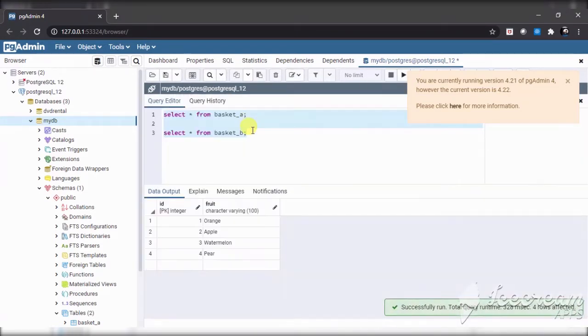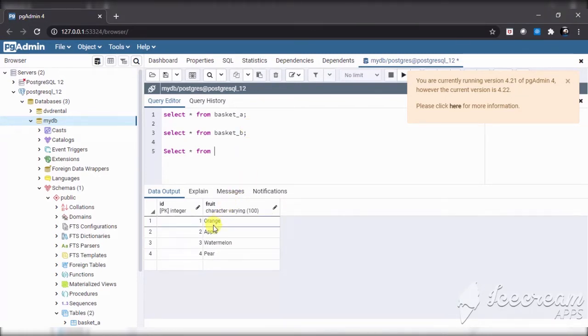So let's begin with the inner join. An inner join will only output the common records from both these tables. If we join on this fruit column, then only the matching rows will be returned. So let's write the query.